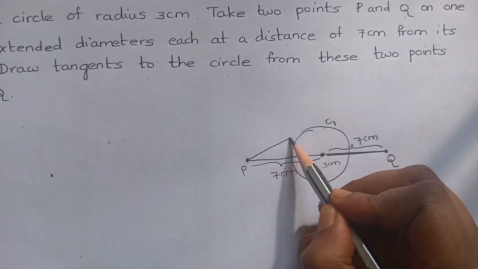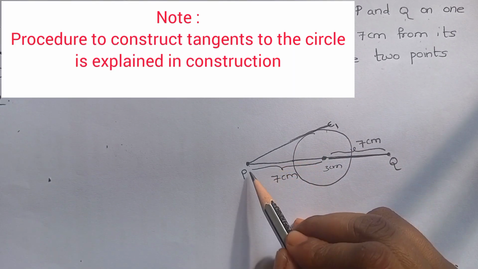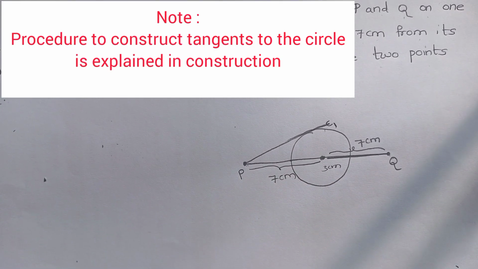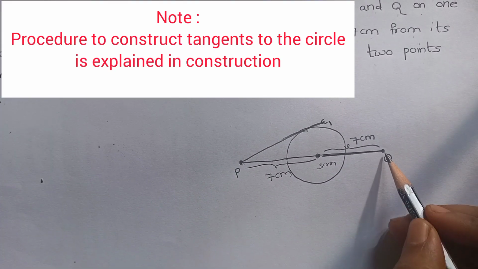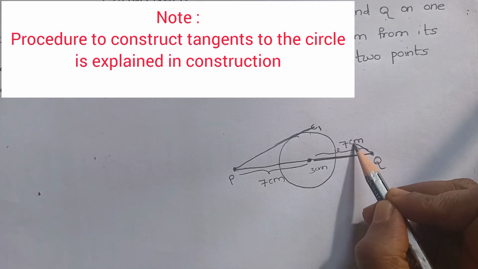Here, we have to draw a tangent from the point P. Okay. Then from the point Q, we have to draw a tangent to the circle C1